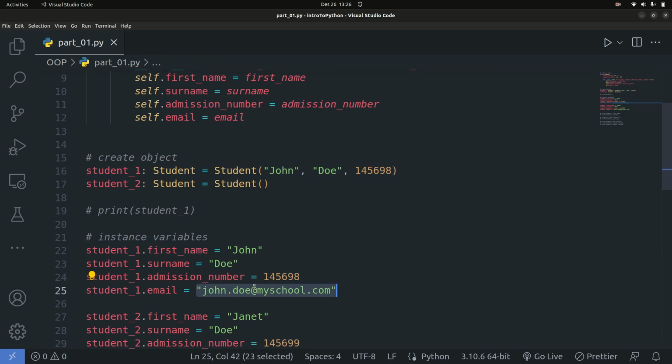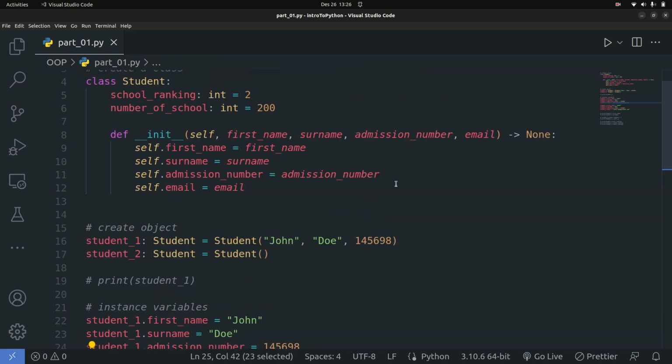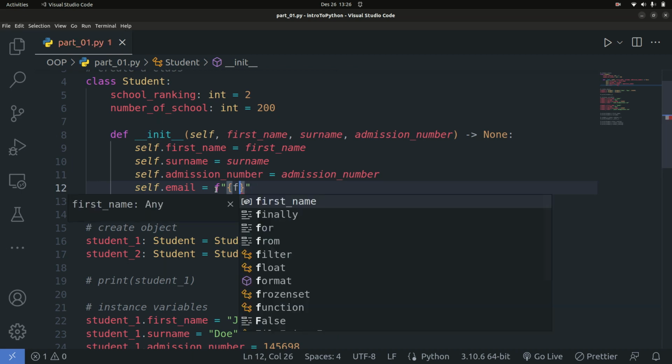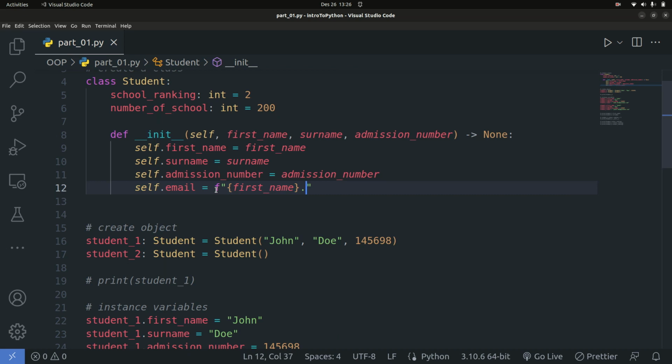And for the email address, I don't really need to pass it in because we can create the email address ourselves. And how do we create the email address? We're going to use an f string. We're going to say the first name, and then dot, and then the surname. And then after that, you're going to say at my